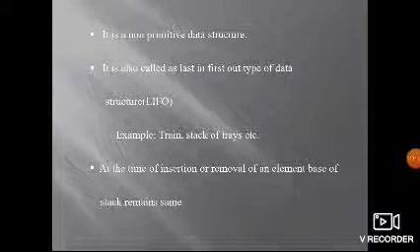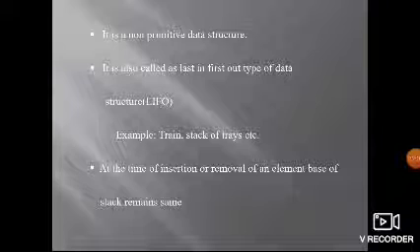So stack comes under the non-primitive data structures, as does the array. It is called last in first out type. If you want to remove, the last one in is the first one we remove.